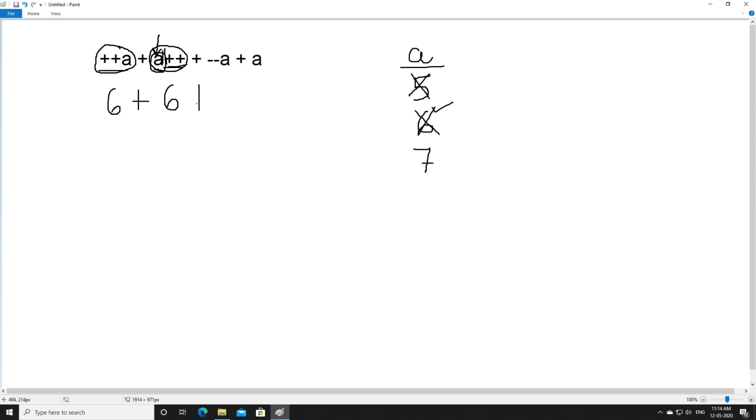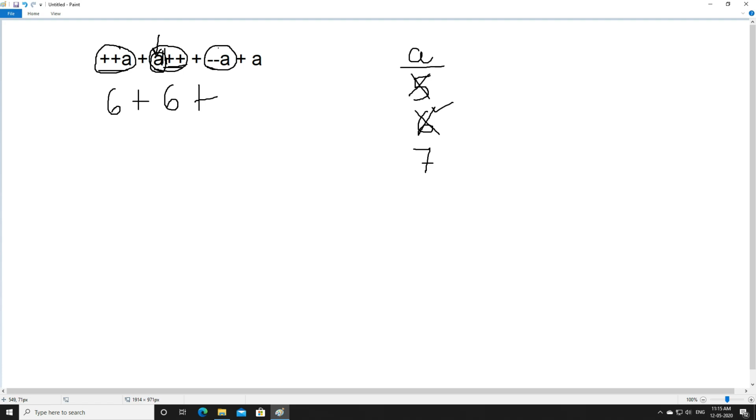We have a plus sign here, and then you can see here we have used pre-decrement, right? And what pre-decrement says is, first decrease the value, first change the value, and then you can use it. Pre means change, then use. Remember, every time, pre means first change, then use. Post means first use, then change.